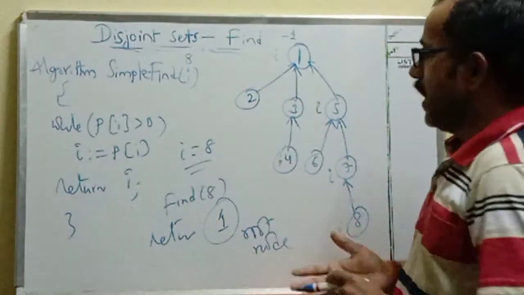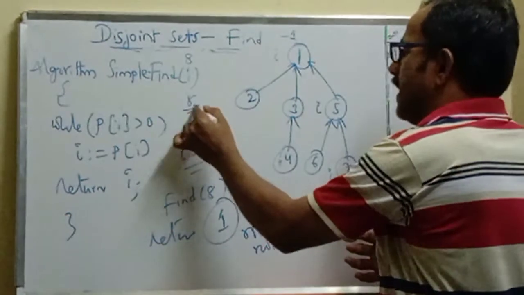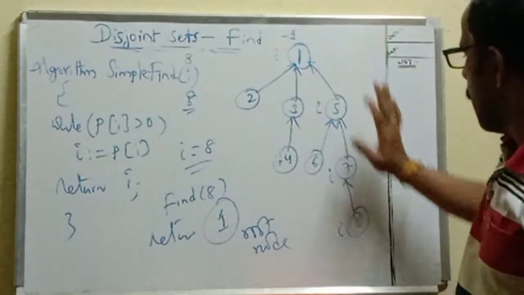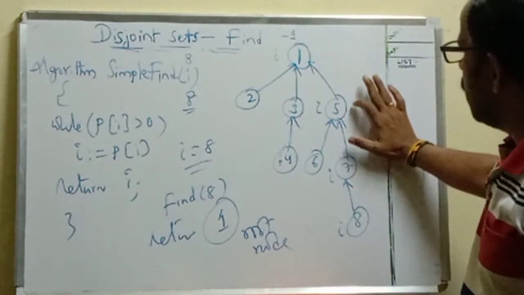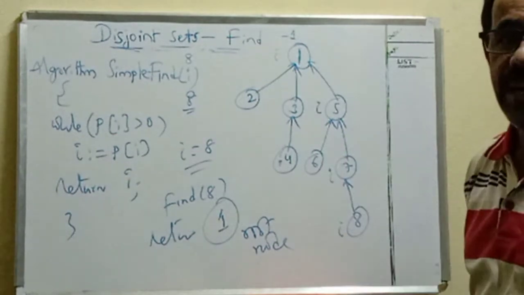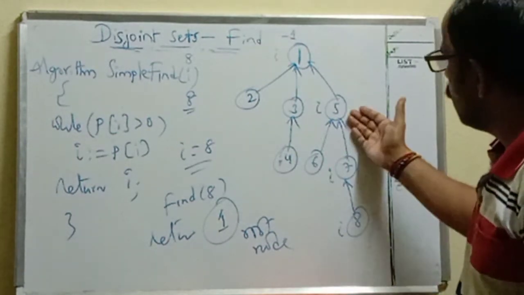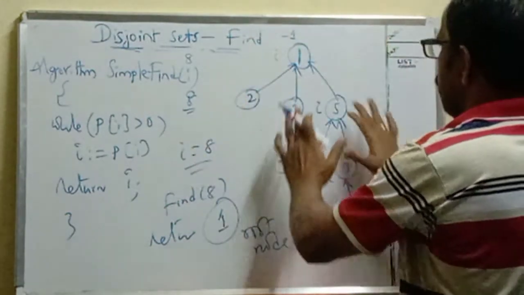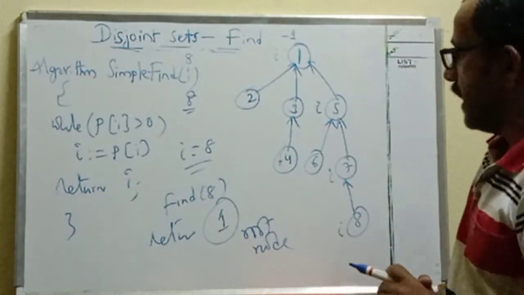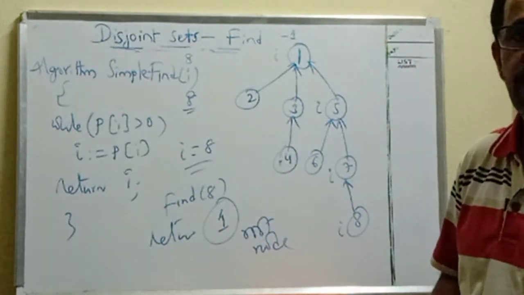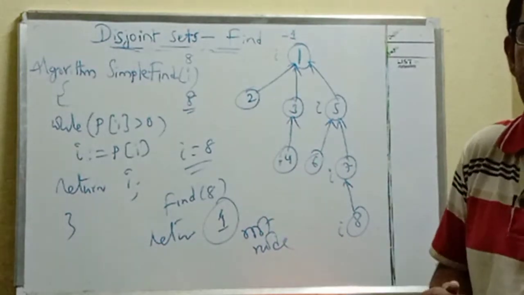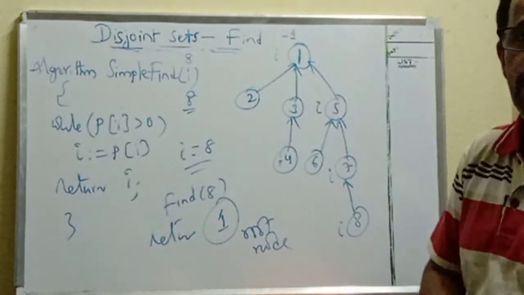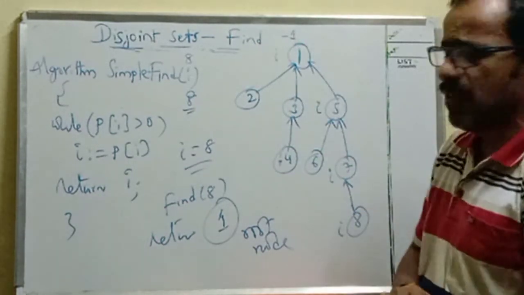Now suppose your application is repeatedly requiring 8. Then you have to process these entire steps again: move to 7, move to 5, move to 1. Once again, if find of 8 is required, again start at 8 and again move up to the root node, if the tree structure is constant like this. Your procedure must repeat the same steps in sequence the required number of times. So this is a time-taking, time-wasting process.